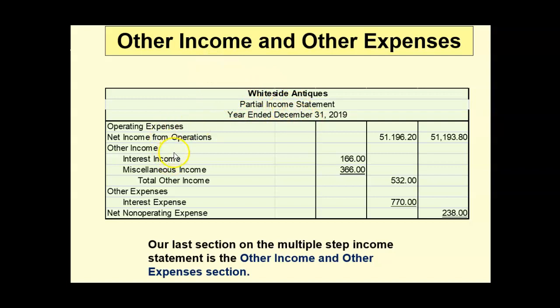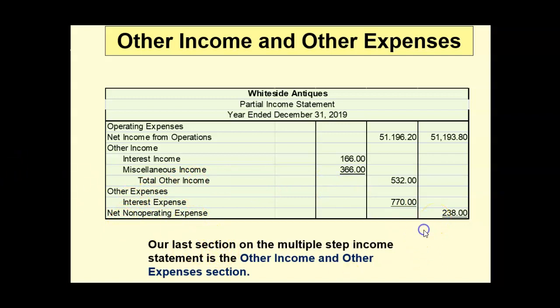We're almost done. Next, we have what's called other income and other expenses. These are income from sources other than our principal business activity and expenses from sources other than our principal business activities. So think about these as being what they call secondary income and expenses. Get a total for your other income and a total for your other expenses. Depending upon which is greater, you either have a net non-operating income or a net non-operating expense. Since the expense is greater, we have a net non-operating expense for